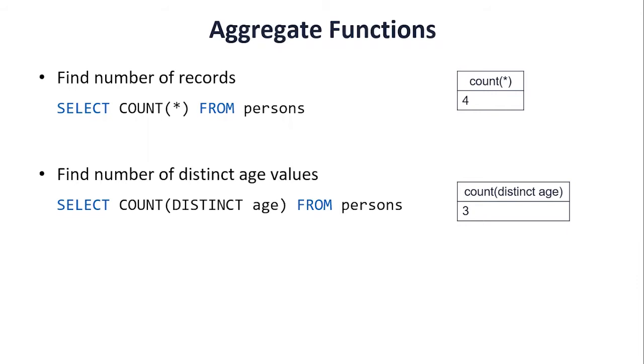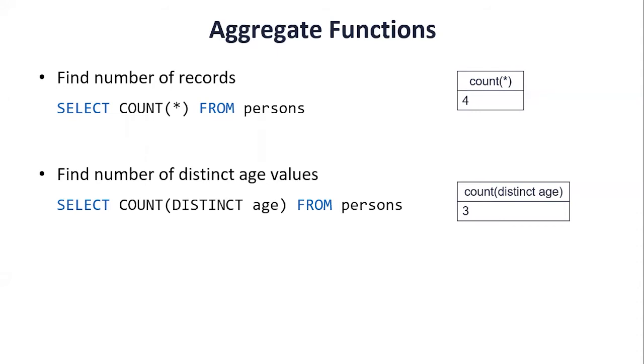For example, let's say we want to find how many distinct age values are there in this persons table. We can specify that condition using a keyword distinct followed by the column name. So select count distinct age from persons. And in this case,